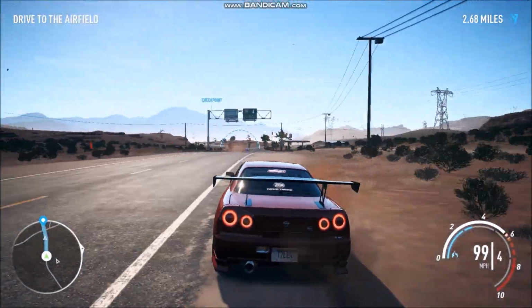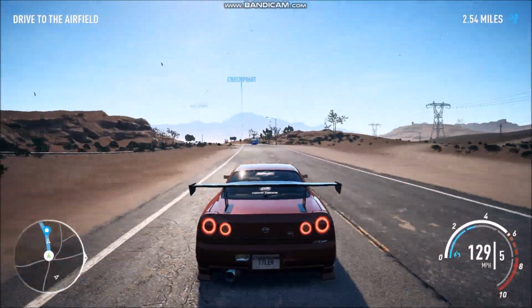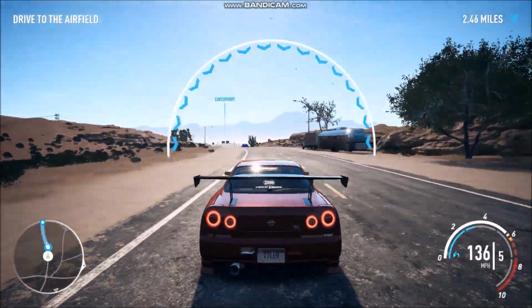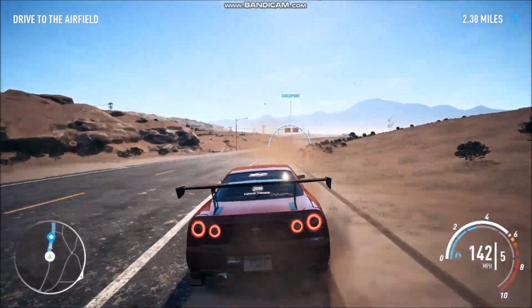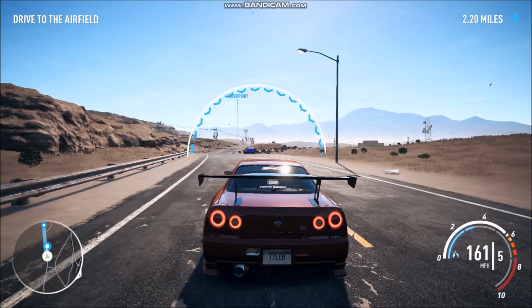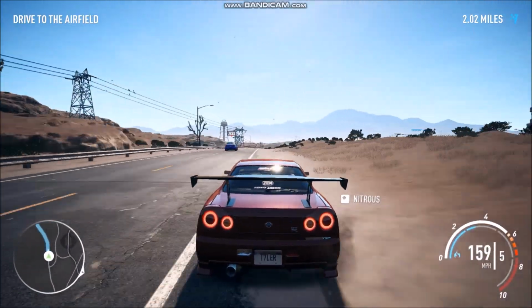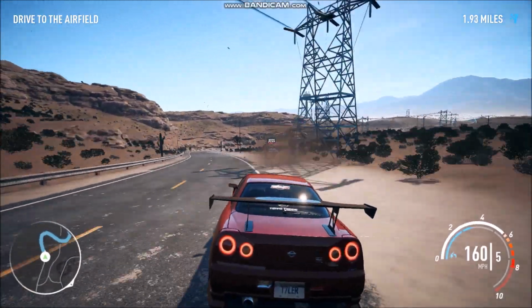So on to Need for Speed Payback. Now I've set the highest resolution, 1920 by 1080, the low graphical preset. There's not that many settings in the menu, but motion blur I switched off. At the moment we're getting mid 40s, which is fine for a racing game, but I should imagine in built up areas with...